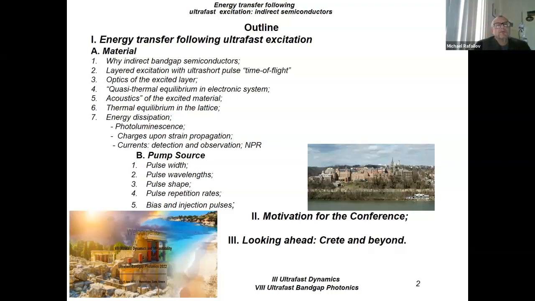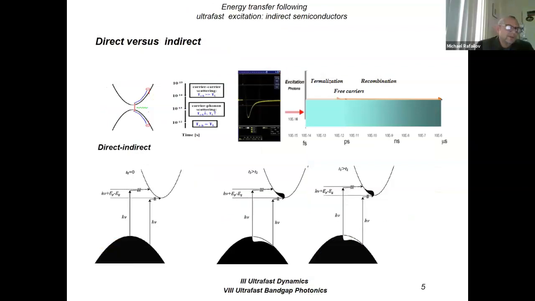Then just a few words about the pump source: what we see, how to manage that, the motivation about the current conference, and what we think with Jim and Jason to move forward with our annual conference at Georgetown. And eventually looking ahead, probably the part people are most interested in: what is accessible and what is beyond. So the direct versus indirect.